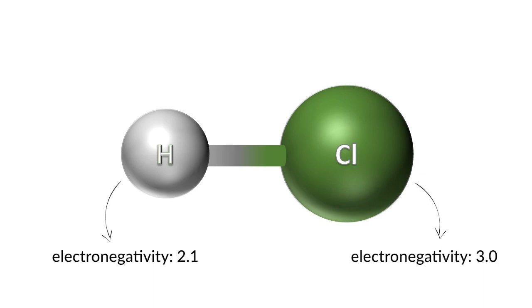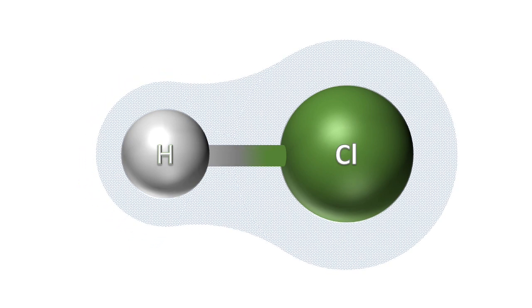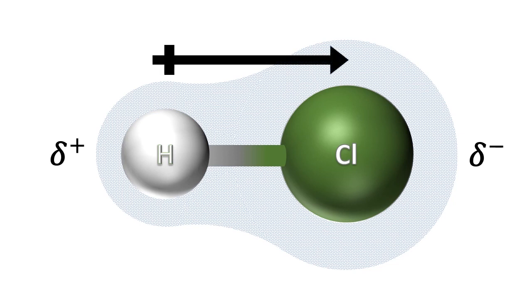This shows that chlorine is more electronegative than hydrogen. Thus, chlorine pulls the shared electrons toward itself. This gives chlorine atoms a partially negative charge and hydrogen atoms a partially positive charge. What else? This also results in a net dipole moment represented by a one arrow pointing to the more electronegative